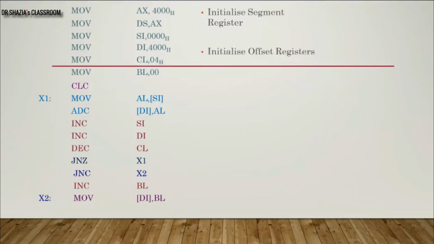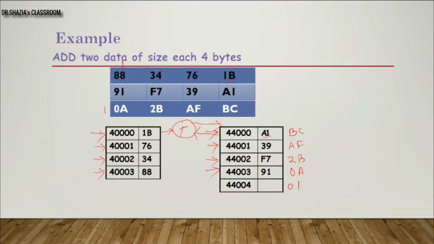And I'm using the BL register here to store the end carry generated, if any. Like in this example, we are generating it at the last stage. If you remember, at the last stage, we have generated 10A. So my A register or memory location, as it is capable of storing 8 bits of data, will store 0A, but it will not store the end carry generated, 1.